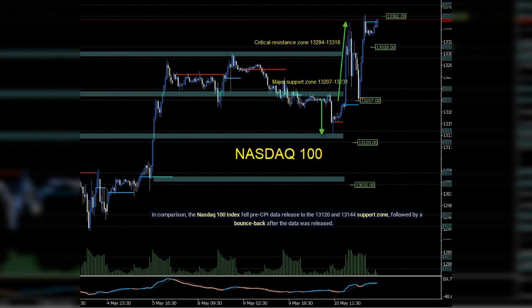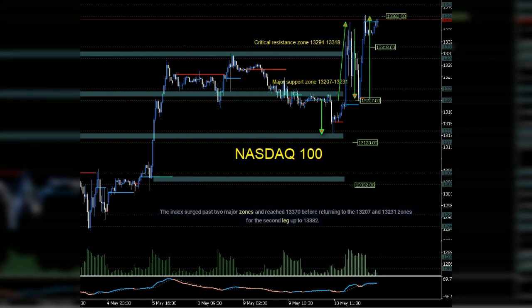In comparison, the Nasdaq 100 index fell pre-CPI data release to the 13,120 and 13,144 support zone, followed by a bounce back after the data was released. The index surged past two major zones and reached 13,370 before returning to the 13,207 and 13,231 zones for the second leg up to 13,382. The critical support zone to watch is between 13,318 and 13,295, while the resistance zone is at 13,406 and